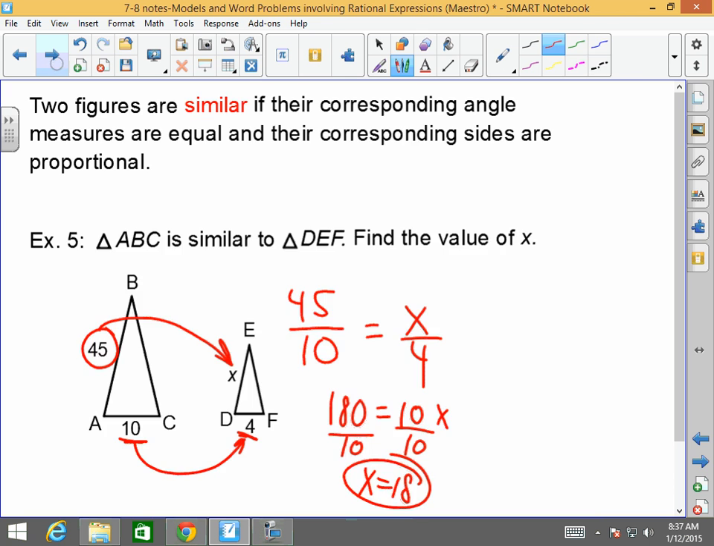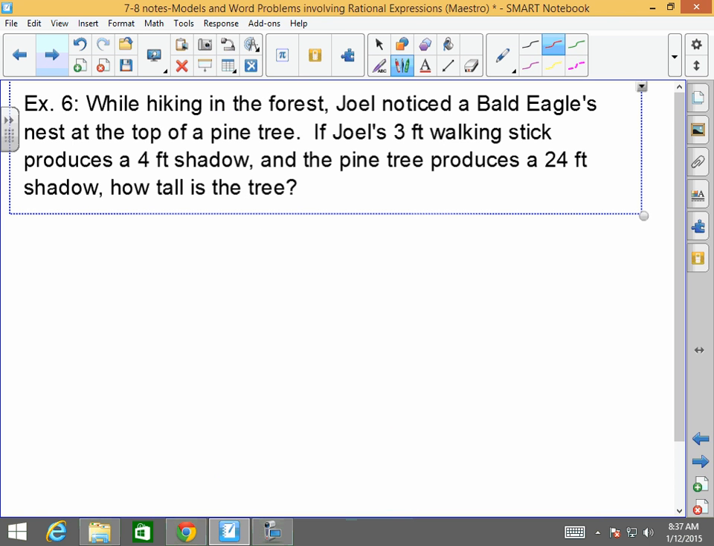Now, it's going to be used in the real world. I actually do this all the time, believe it or not, when I'm kayaking. I like to find the height of different mountains that I see, different trees that I see. So I'll do something very similar to this. While hiking in the forest, Joel noticed a bald eagle's nest at the top of a pine tree. If Joel's 3-foot walking stick produces a 4-foot shadow, and the pine tree produces a 24-foot shadow, how tall is the tree? Well, the fact here,